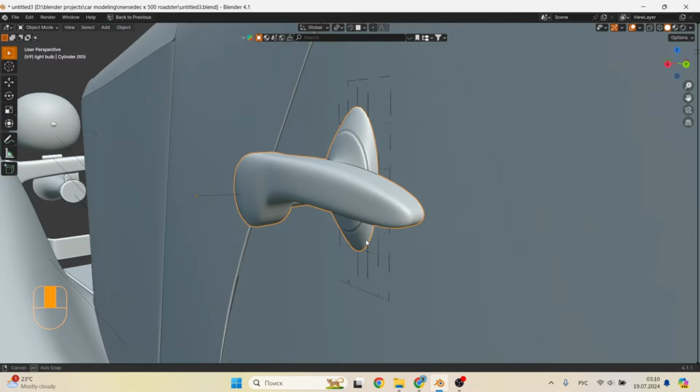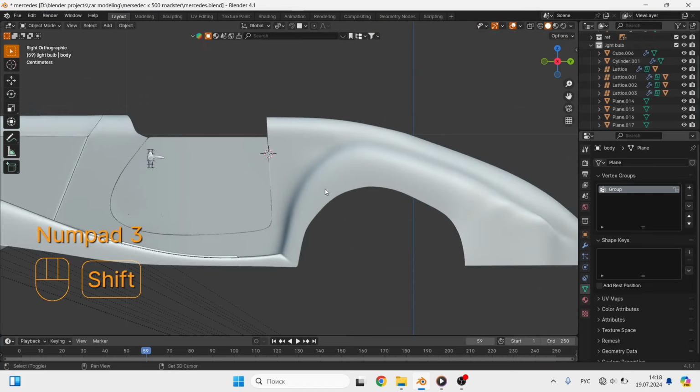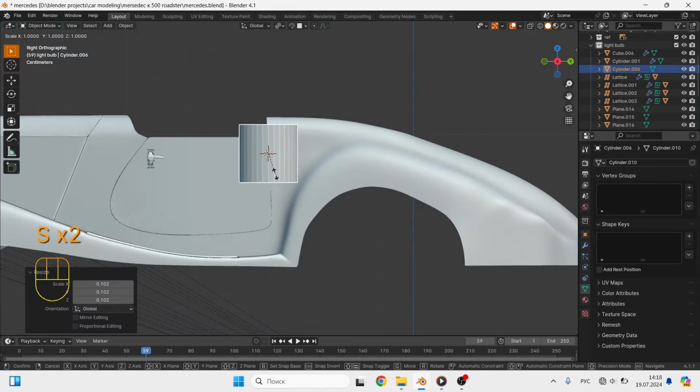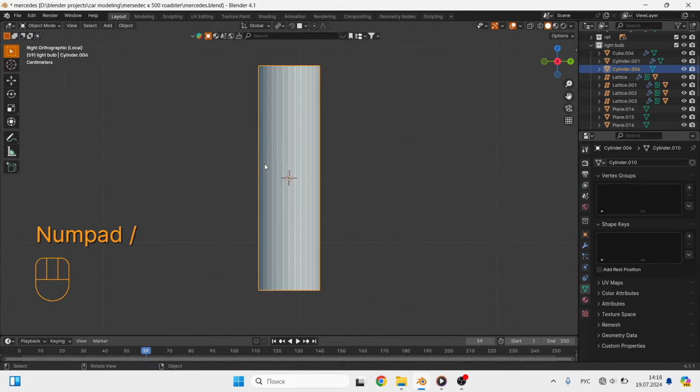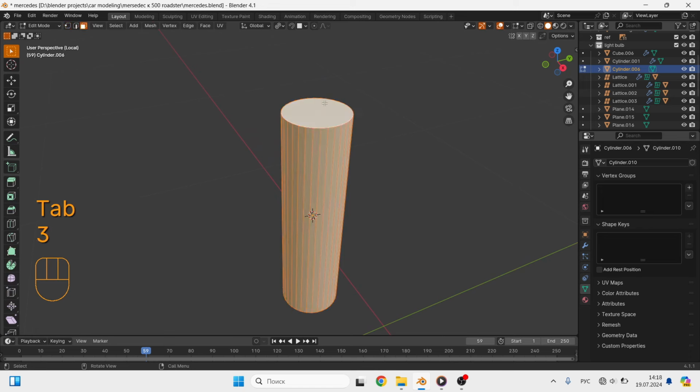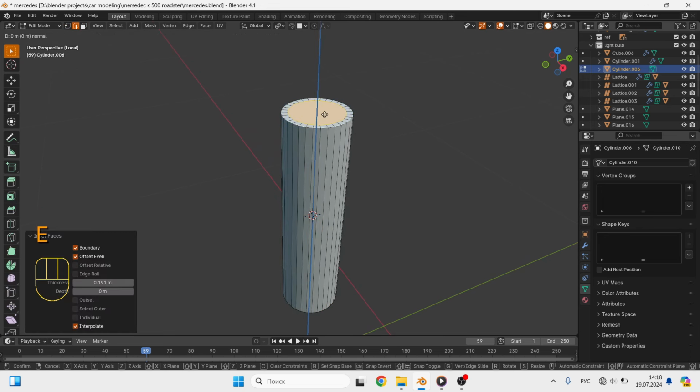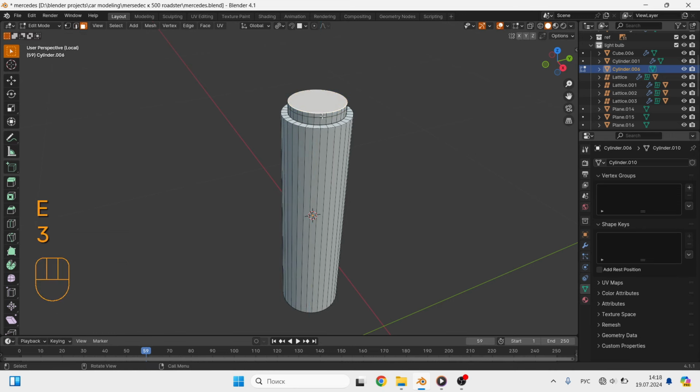So good, let's now quickly make the door hinges. It's easy. Add a cylinder, reduce the size. Press / to go into isolation mode, and for the upper face of the cylinder use insert, to add an edge loop. Extrude twice along the Z-axis. Select the side faces and extrude them to the sides in a circle.